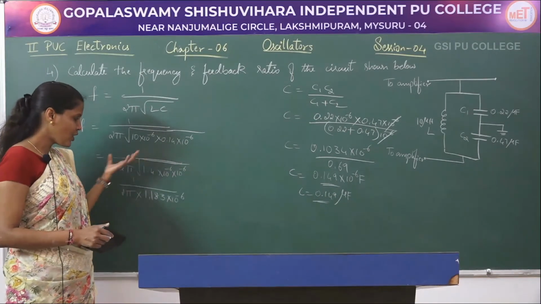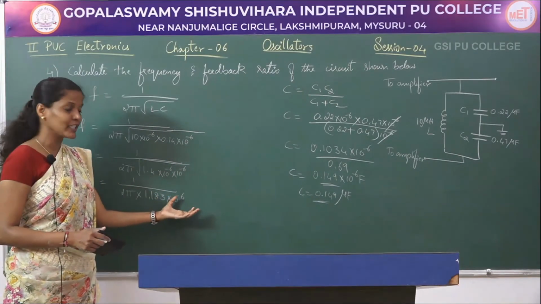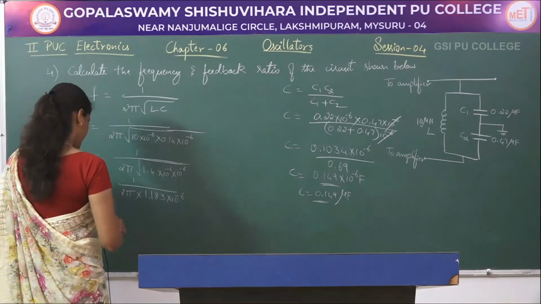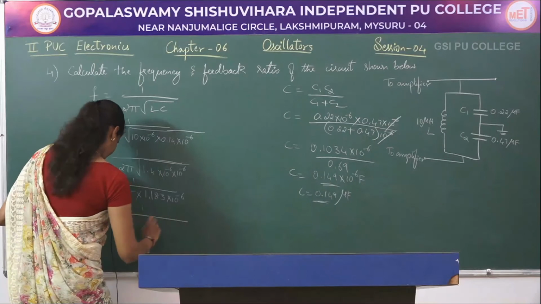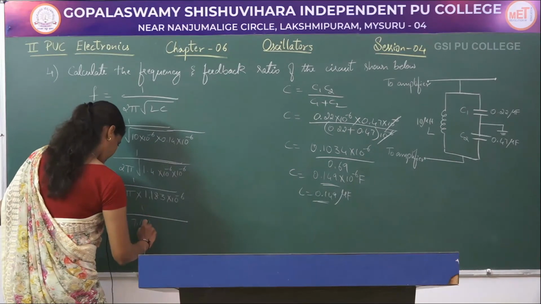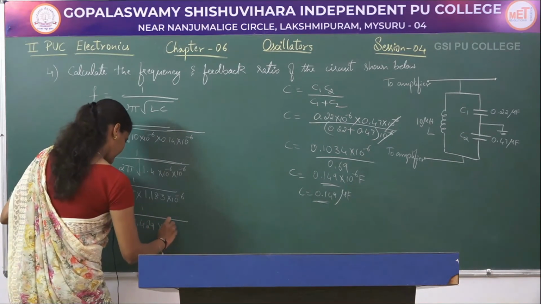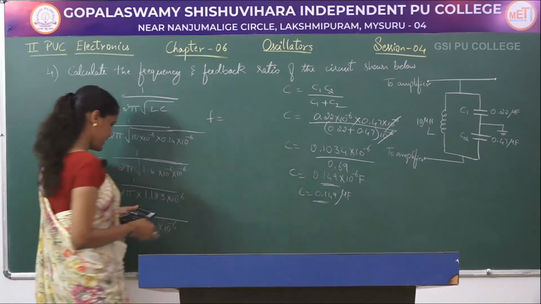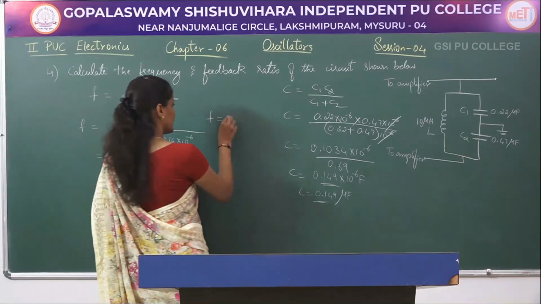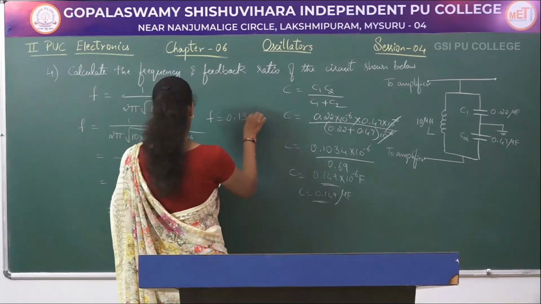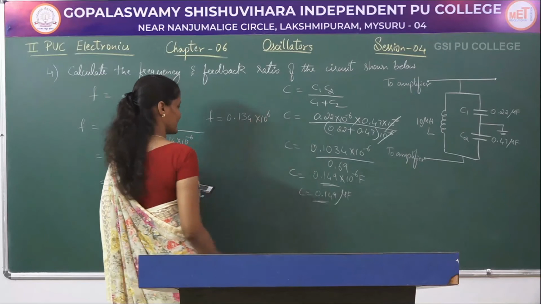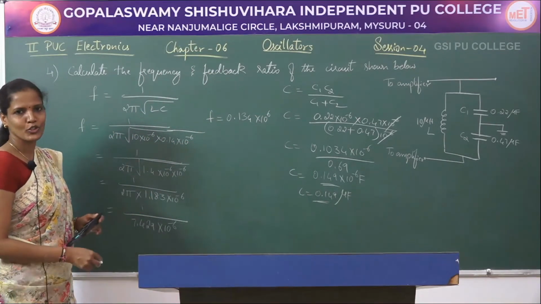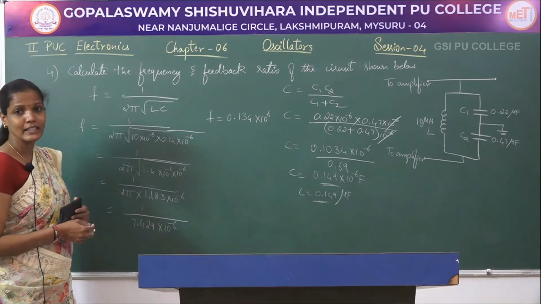So, when I take that out of the square root, I will be left with 10 to the power of minus 6. So, let me multiply these terms. So, I will be getting 1 divided by 7.429 into 10 to the power of minus 6. So, F is equal to 1 divided by this answer, which is 0.134 into 10 to the power of plus 6, that is, 10 to the power of minus 6 is in the denominator. When it goes to the numerator, it is 10 to the power of plus 6.